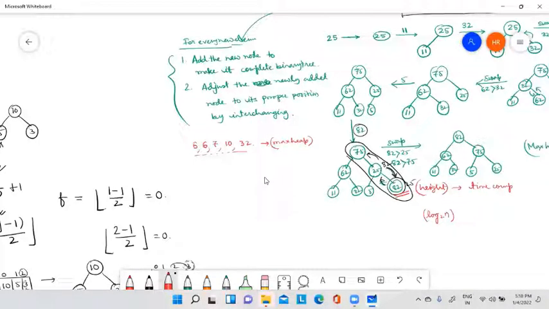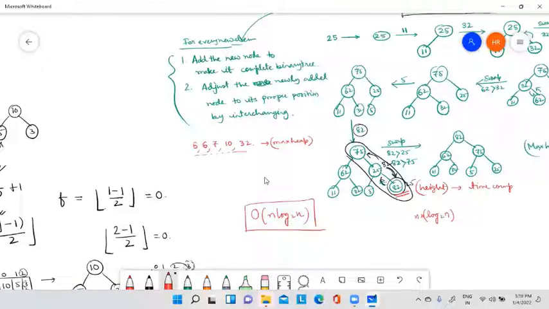So for n number of elements, what is the total time? Obviously it is n into log n. So the time complexity of heap sort is order of n log n. Is it clear? There is no mathematical deduction, but remember, in case of any tree data structure, if it is a full or complete binary tree, then its height is the time complexity of searching.